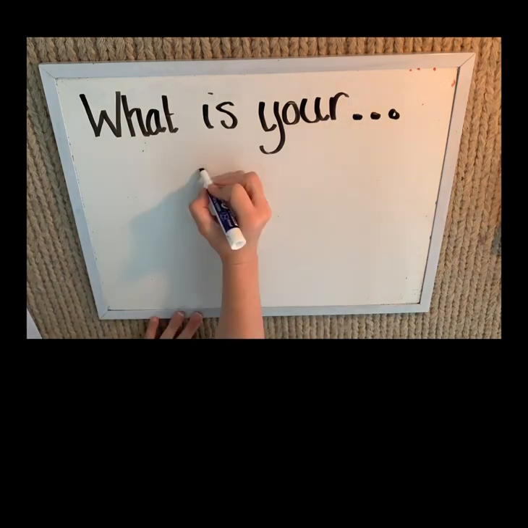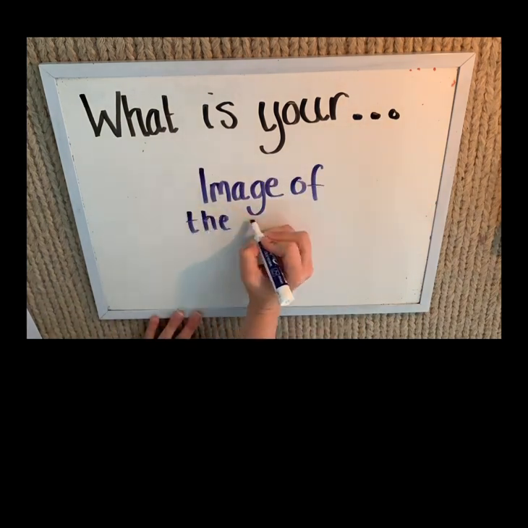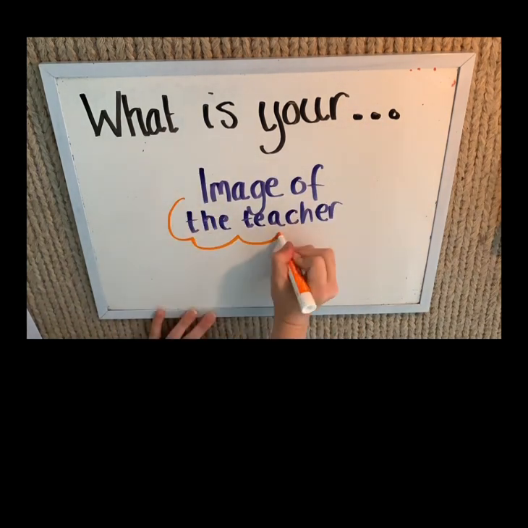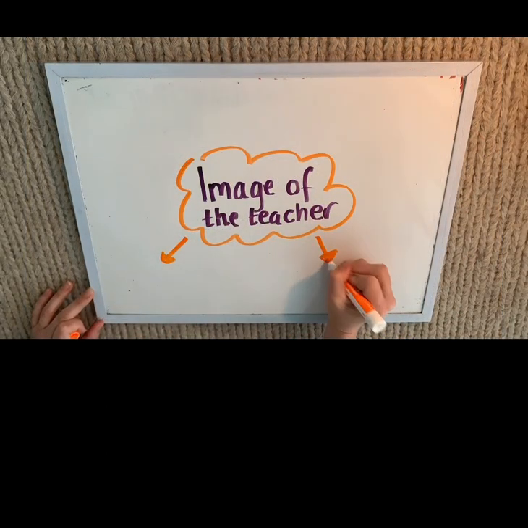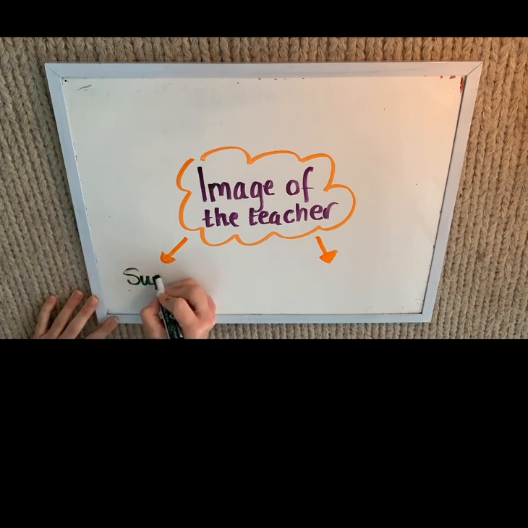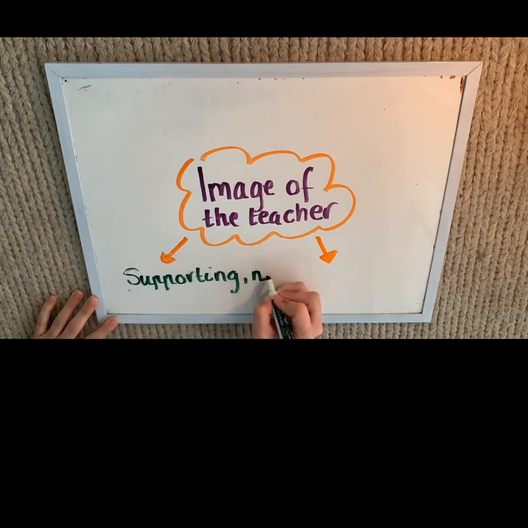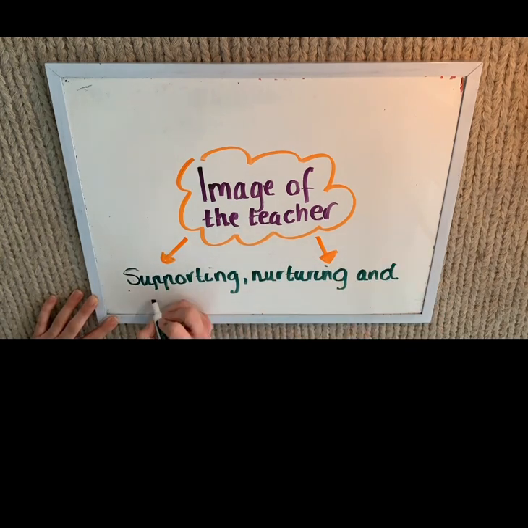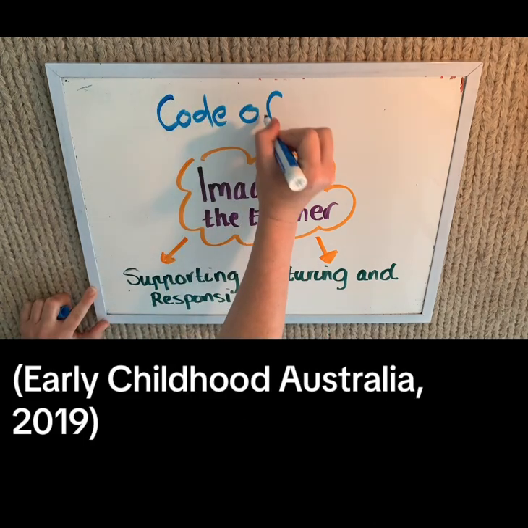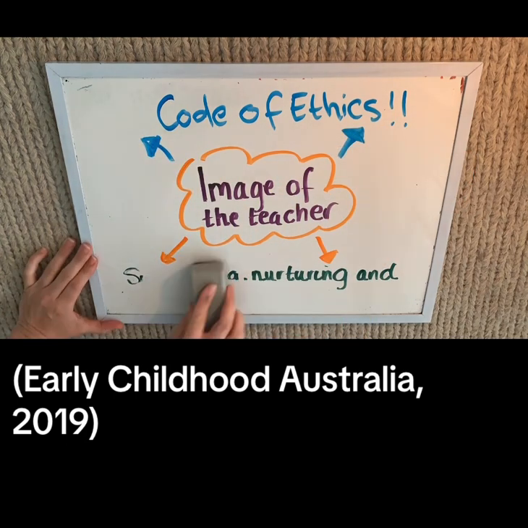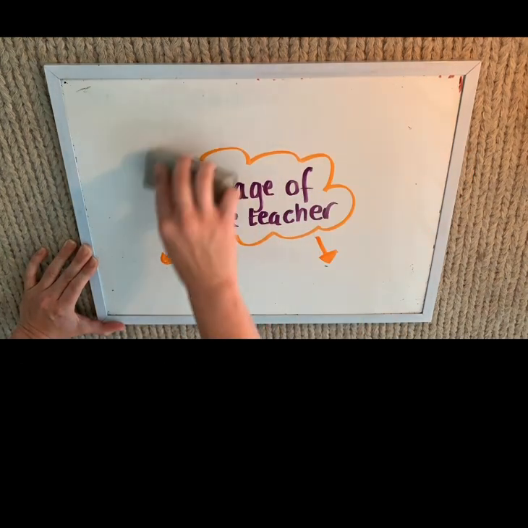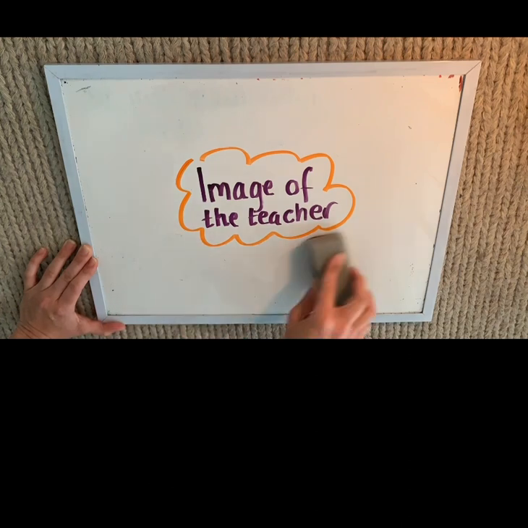Have a think about what your image of the teacher looks like to you. We all have different ideas of what constitutes a strong image of the teacher, and this concept involves many layers. For me, some of the key attributes that create a strong image of the teacher include a teacher who creates a supporting, nurturing, and responsive environment, who acts in the best interests in relation to children, families, and colleagues, guided by the core principles of the Code of Ethics to ensure that every child's well-being is of the utmost importance